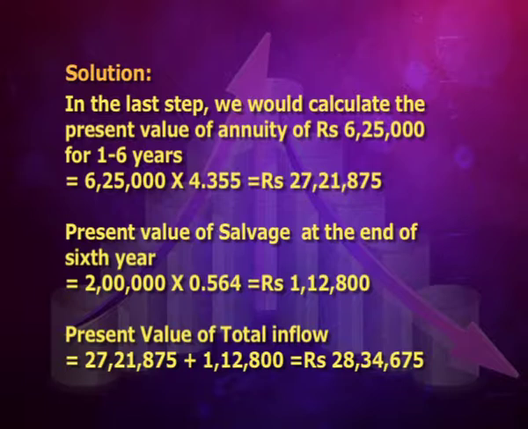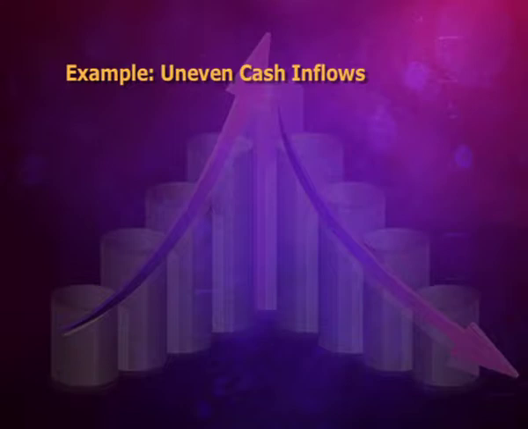Now, the present value of total inflow will be 28,34,675. Now, the decision making. Since the present value of cash inflows is greater than the initial investment, the project has positive NPV and hence the project should be accepted. Now, to understand uneven cash inflows,